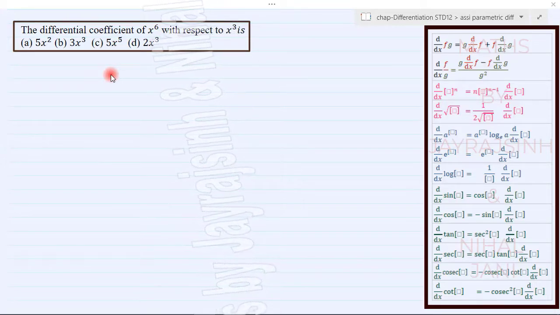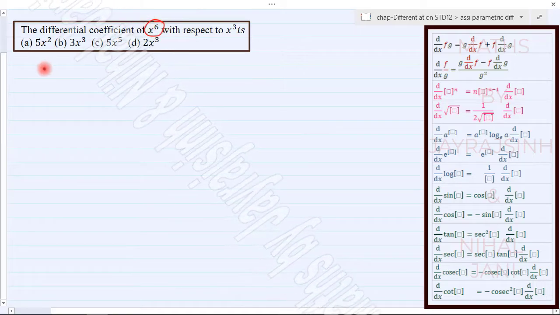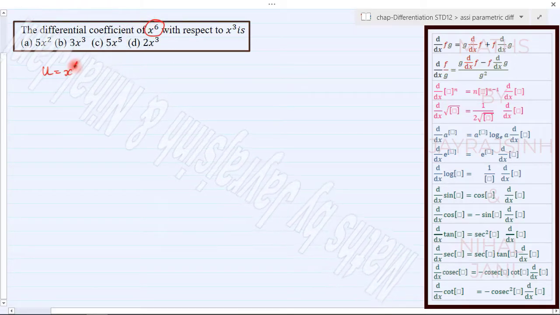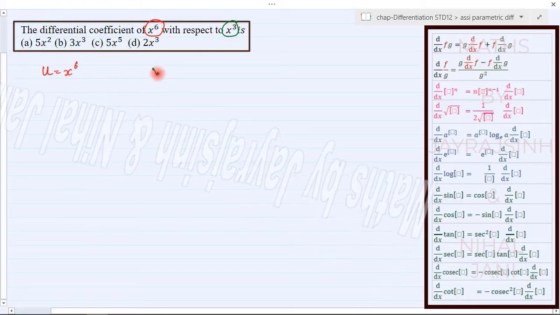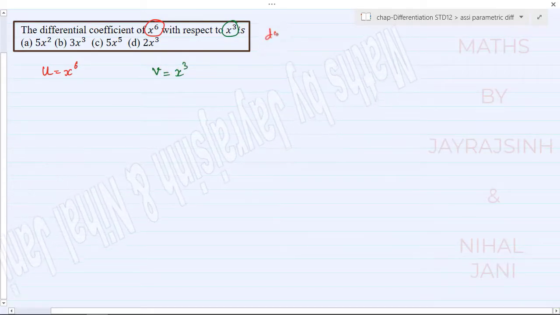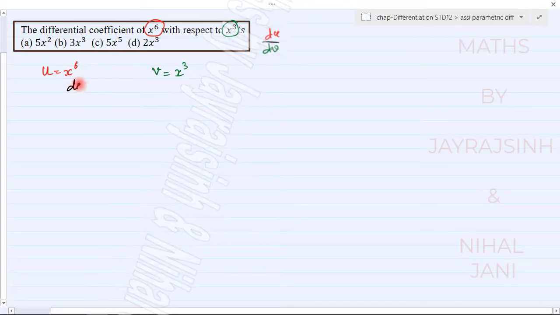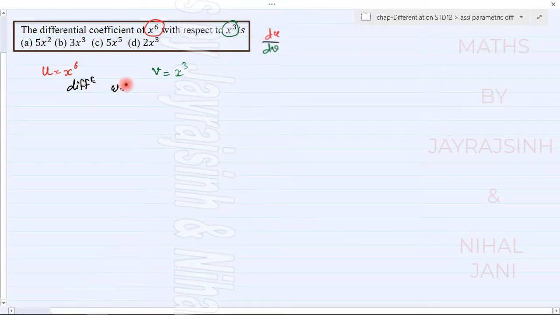In this question, you have to find the differential coefficient of x raised to 6. Let's say it is u, with respect to x cube. Let's say it is v. That means we have to find du by dv, and for that we have to differentiate our equation with respect